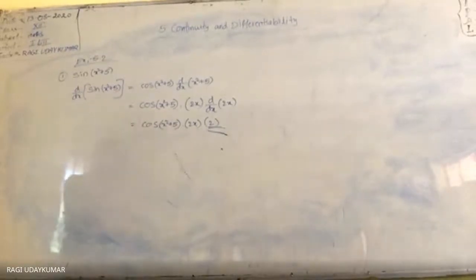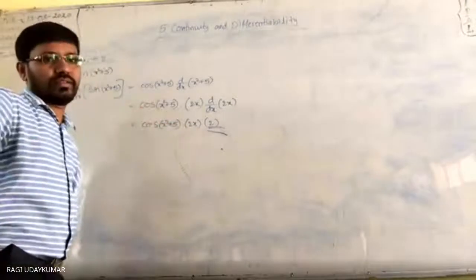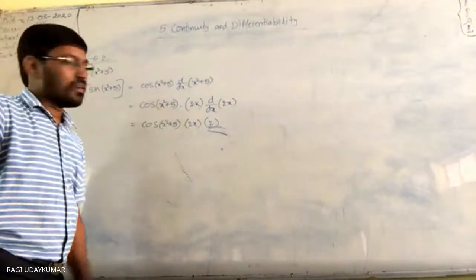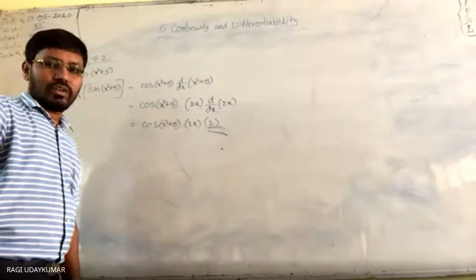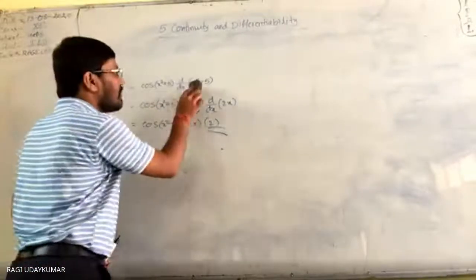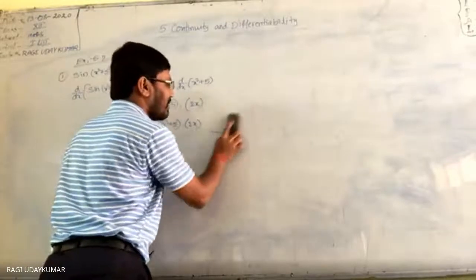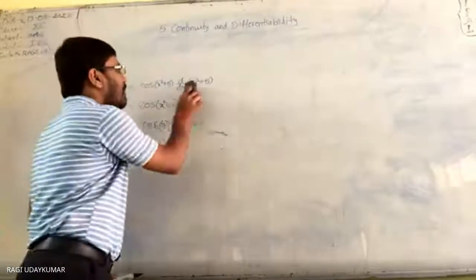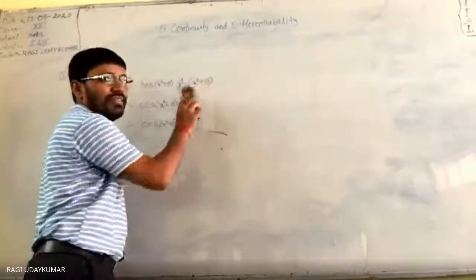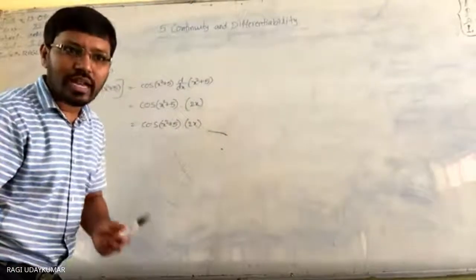Okay, so here whenever you take this into consideration, people generally think like this, but this is not correct. Here you need to differentiate this function. As I already told you, this is not a constant. You need to differentiate this function with respect to x. That's enough. After that you are not supposed to go further.